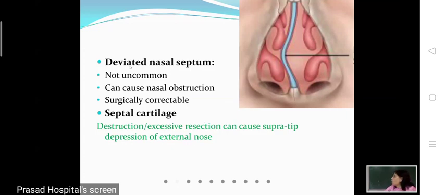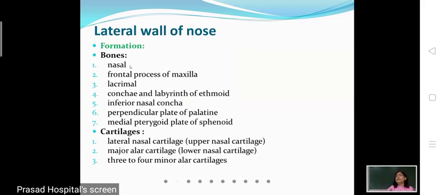Now, the lateral wall of the nose. The lateral wall of the nose is very complicated because it is formed by many bones which articulate with each other. The independent bones are not taught to you because they are so small and so difficult to extract; they usually break. They are so thin and friable that we are not able to get these bones, and we don't teach them separately. There are a lot of bones which articulate with each other, so it is a little bit complicated. So now let us see how the lateral wall of the nose is formed.